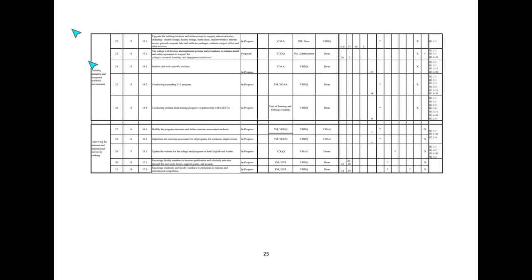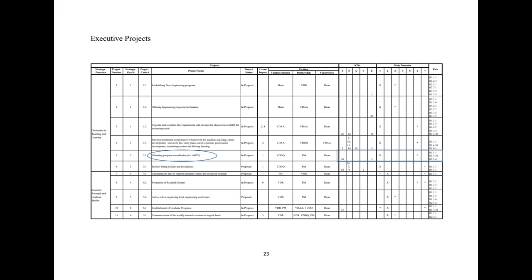So this is how you develop strategic planning from A to Z, using the example of the College of Engineering. I brought this as an example because it was real. I was the one responsible for developing this plan. It also touches your area, as you are a student now in the College of Engineering, so you can see how it's related to what you have been through and seen